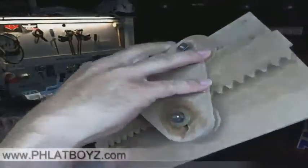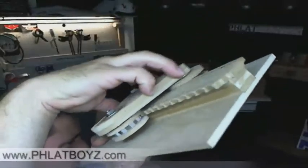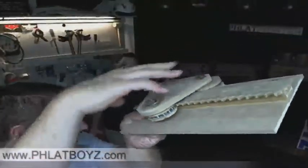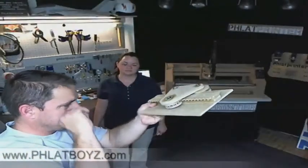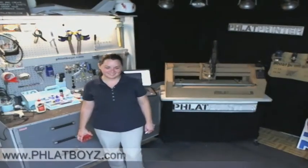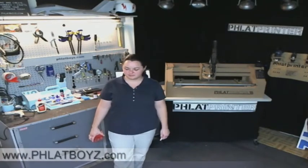So, you know, this is something to look into for the future for a very inexpensive machine. I mean, extremely inexpensive. And especially as we start getting into the plastic 3D printers, this might be a really cool assembly to print out, you know? Not this big, but still. Just thought I'd share that. I was pretty happy with it. So, speaking of 3D printing,